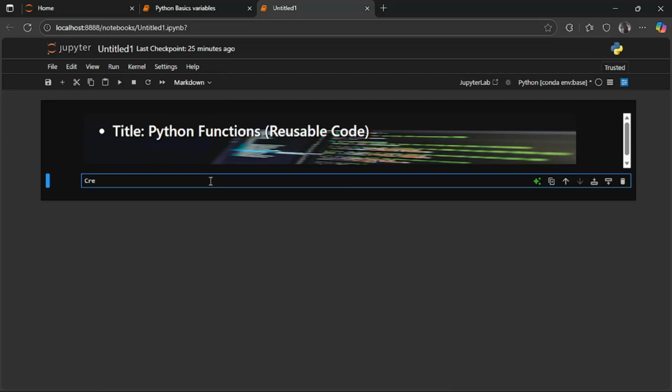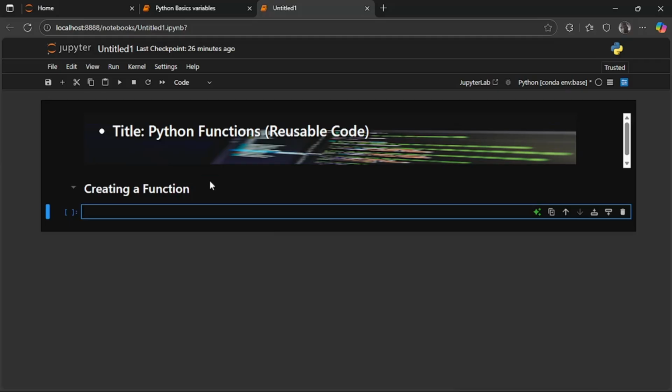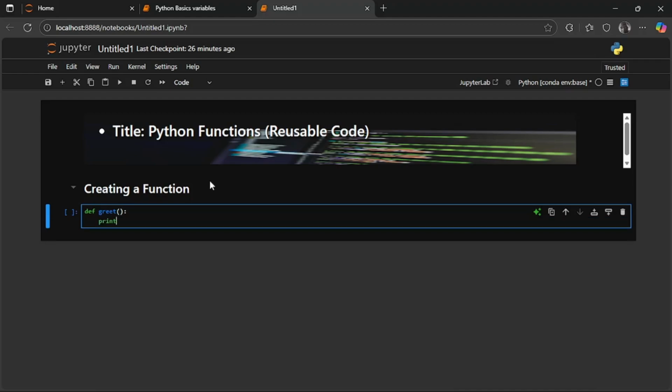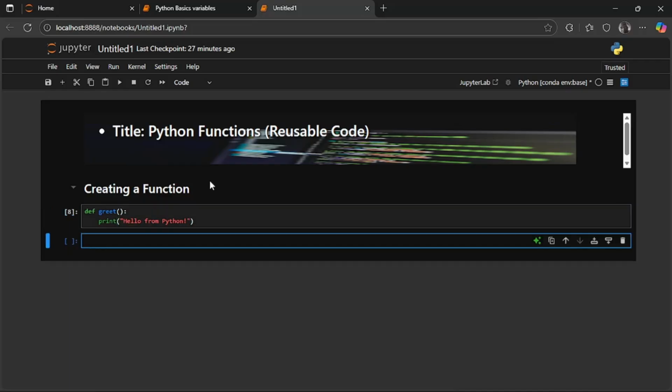writing clean professional code. So first, creating a function: def create_print hello from Python. So make a function, read